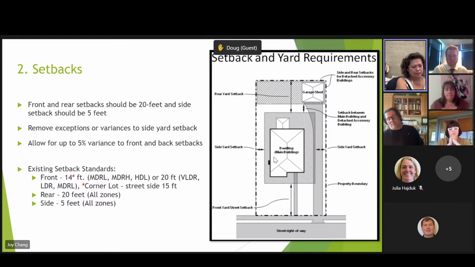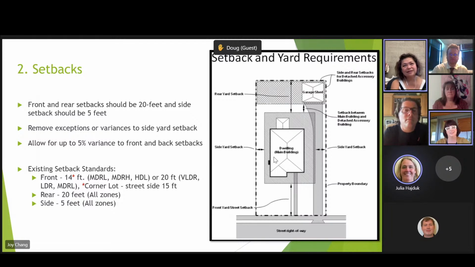Well, yeah, I wanted to ask, it says remove exceptions to setbacks. Do we have currently exceptions to setbacks in our code? And what are they? 20%. So you can I thought that was a variance. So are we talking about a variance, or are we talking about an exception? Because those are two different things. 10% and 20%. There's two levels. So maybe I need to understand definitionally what is an exception and what is a variance. And isn't it actually called an adjustment? Adjustment. Yeah. Yes, so